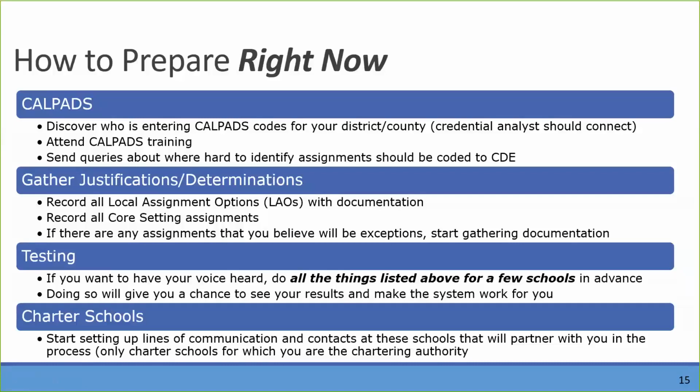You can start gathering your justifications and determinations, particularly in non-consequential years, because sometimes you use the same ones from year to year for the same educators. So if you have teachers serving on local assignment options, you can start gathering your documentation for that right now. Your governing board minutes, because it's by resolution, so it can't be on the consent calendar. It has to be an action item. It can be recording information on all course setting assignments, you know, the master schedules that show a teacher's teaching on a course setting. Start gathering any documentation you have on why you believe an exception is otherwise legally authorized, even if it's not authorized by their credential.